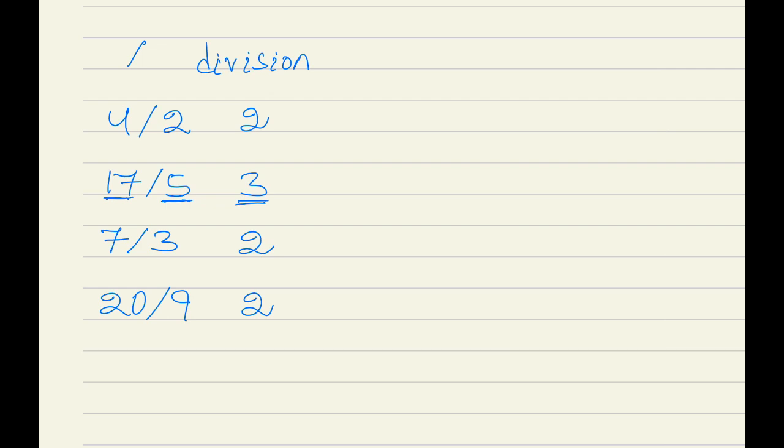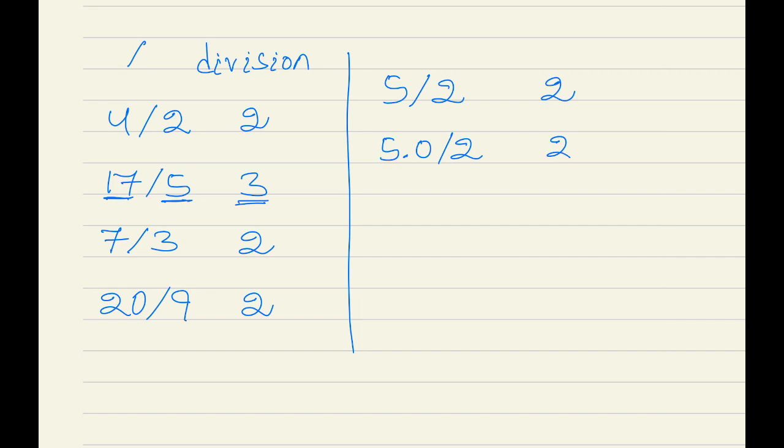Now if I write 5 division 2, it is going to result in 2. Now if I write 5.0 division 2, it is going to result in 2.5. That means when any one of the operands or both the operands are real values, the result is going to be a real value. When both are integers, the result in the division operator is going to be an integer value.